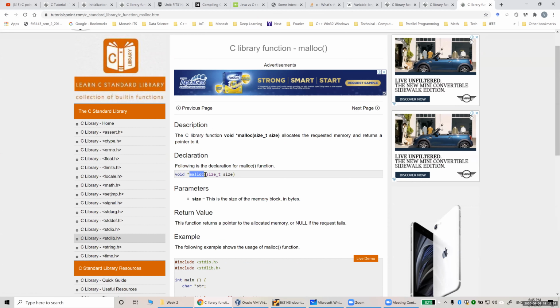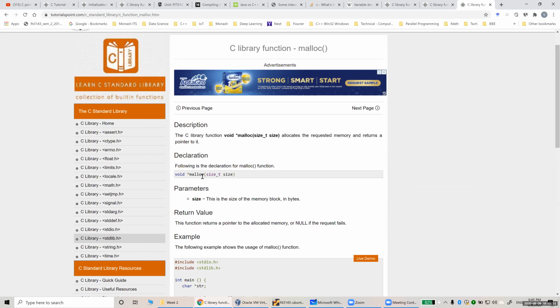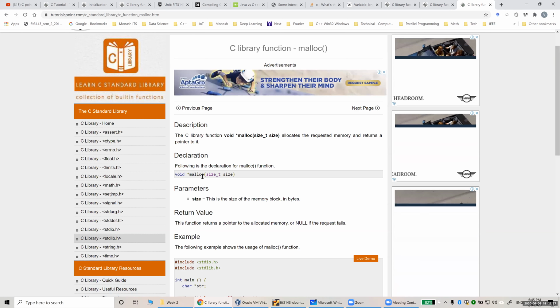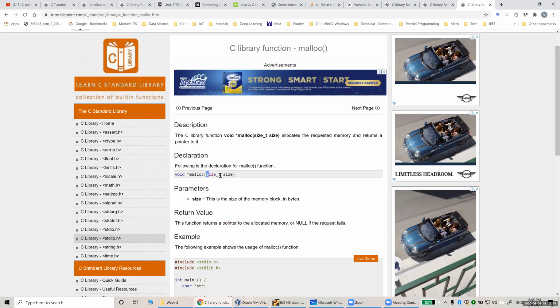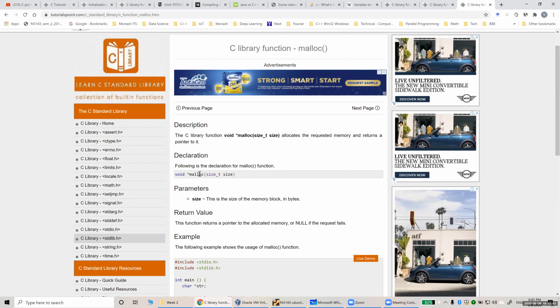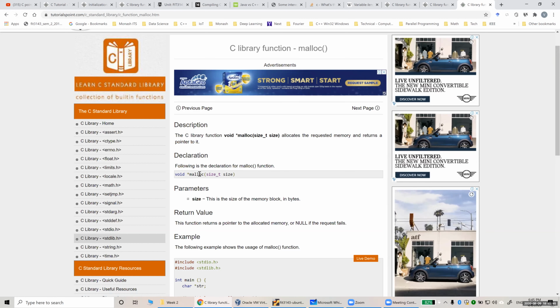When you call malloc, you just tell how many bytes you want to allocate in memory. It can be 100 bytes, 10,000 bytes, 5,000 bytes, 1 million bytes, and so forth. You specify how many bytes you want to allocate in memory. And then, should the function be able to allocate the memory for you, the function will